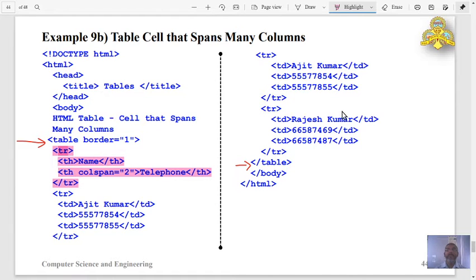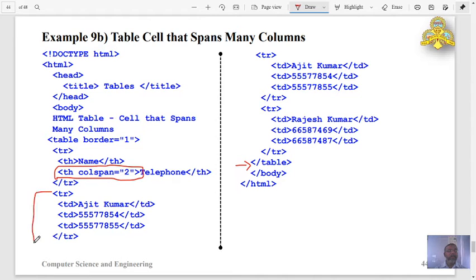That is also header. One is name, next one is telephone, and the second cell spanned into 2 columns. It spans into 2 columns that is specified like this. So first row contains only 2 cells, but one cell spanned into additional column.